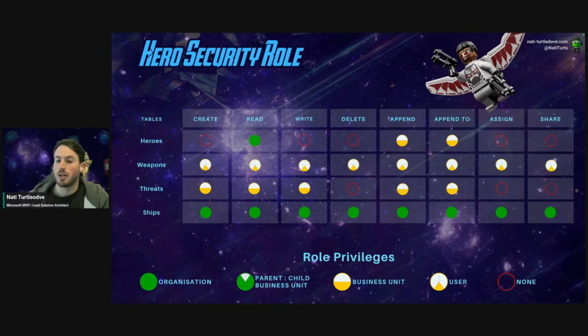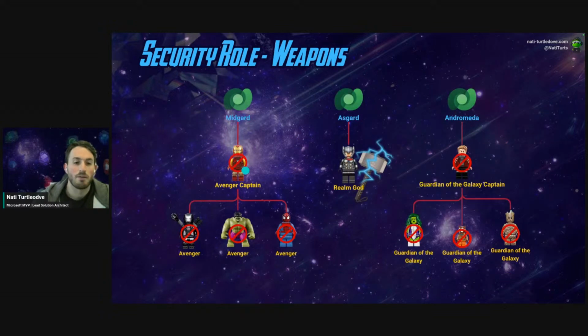And it becomes quite frustrating because if we manage security roles through our admin center, where we manually assign a role to an individual, Power Platform becomes smart enough to say, okay, we're assigning them this security role that belongs to their business unit. So if we were to assign the hero security role to Iron Man, for example, who forms part of the Midgard business unit, through the admin center, the record association that would occur would be the security role owned by the Midgard business unit.